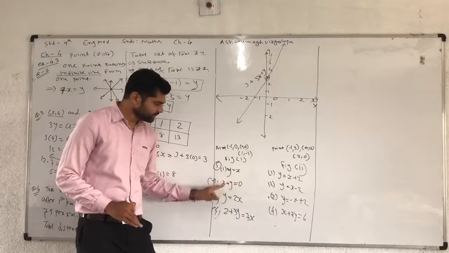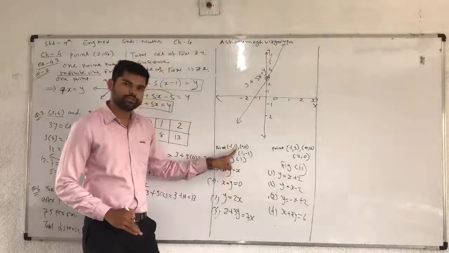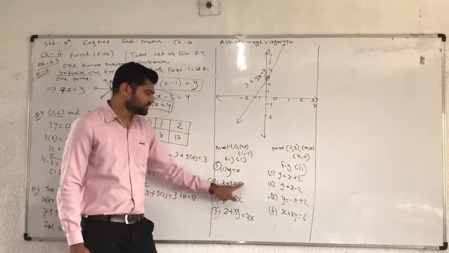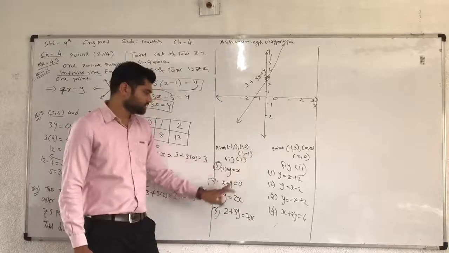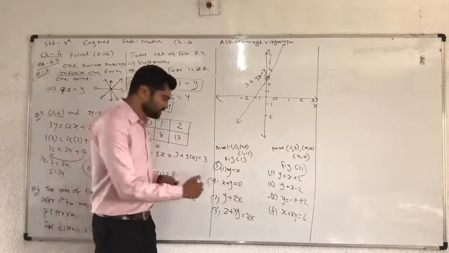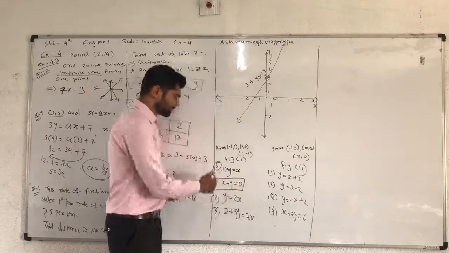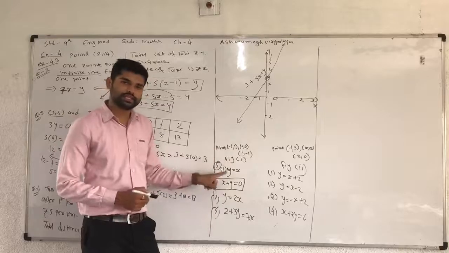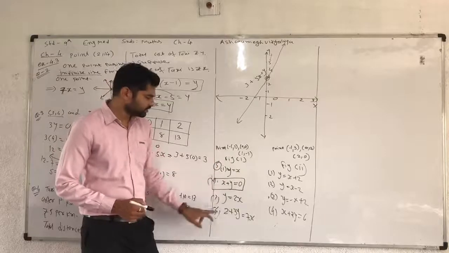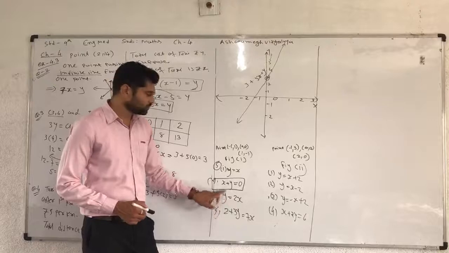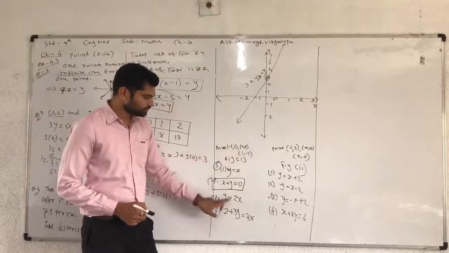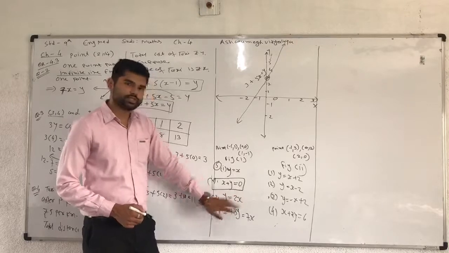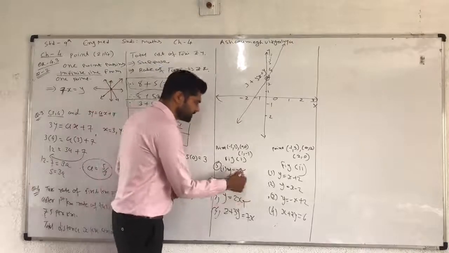In a similar way, here x plus y: -1 and 1 cancel out, so the answer is 0, which is right. Second, 0 and 0, the answer is right. 1 and -1, 1 minus 1 is 0. It means equation 2 is satisfied by x and y. The value of x and y you can put and the answer is 0. For your check, y equal to 1 and 1 equal to -2 is not equal, therefore it is not a solution of this equation. So this equation can be cancelled, and this is also cancelled.